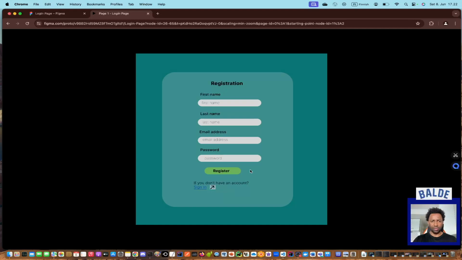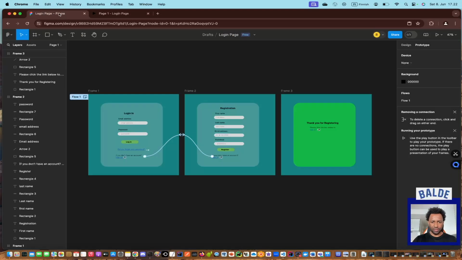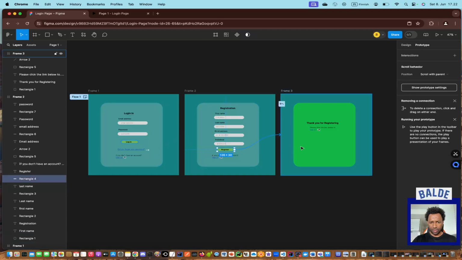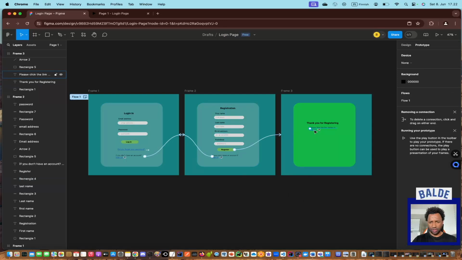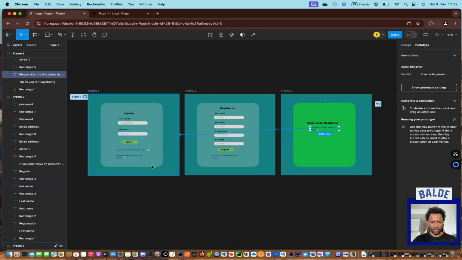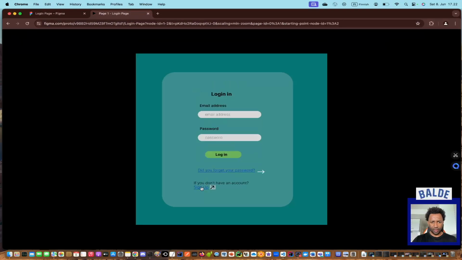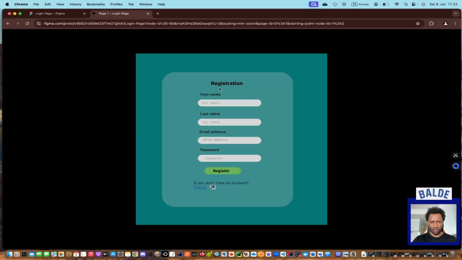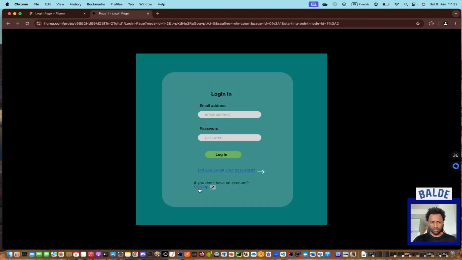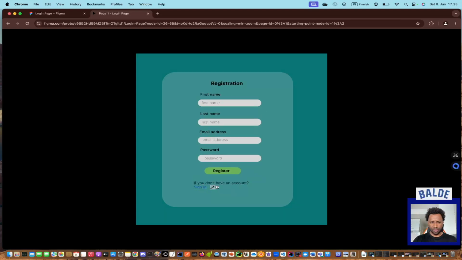So registration here will be connected to the thank you page. So we come and click there. We connect it here, and this link will be connected to this one. So now the 3 pages are connected. When we come back here and go back, this is the login page when we want to sign up. So we click here. Now we are in the registration. If we are already registered, we can go back to login. But if not, here again, when we finish this,